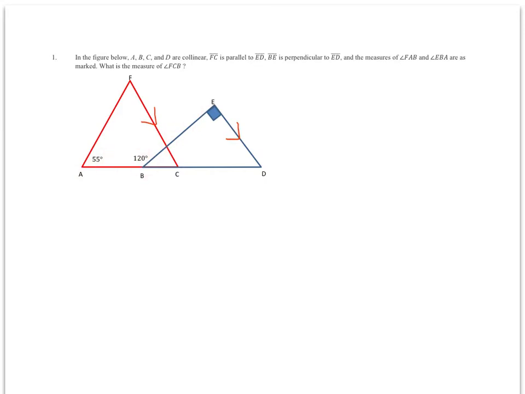What is the measure of angle FCB? So this is what we're trying to find right here, this little guy. Well, if we extend these parallel lines like so, and we look at this transversal here,